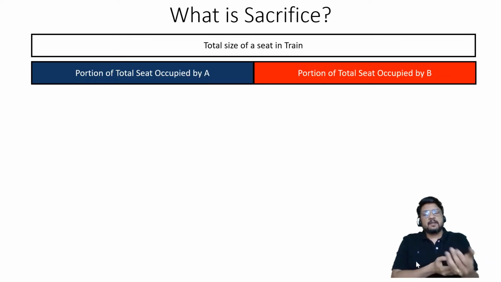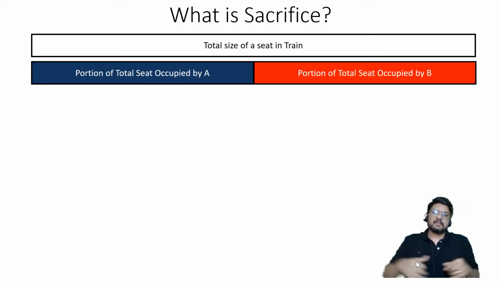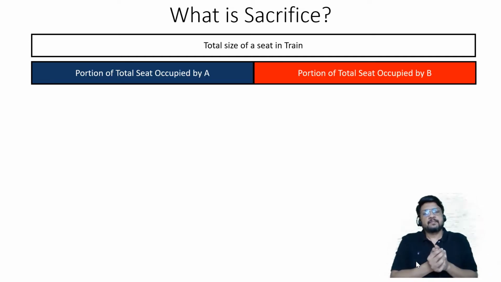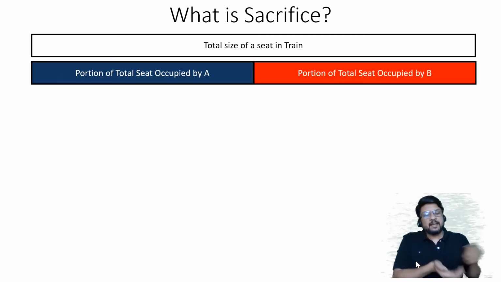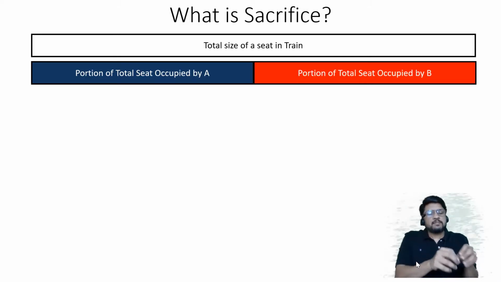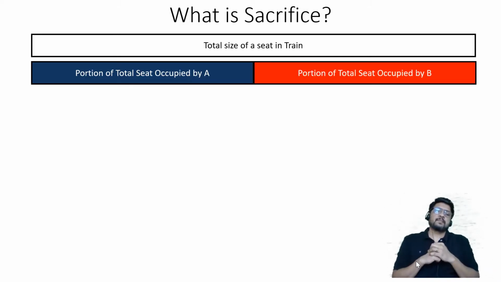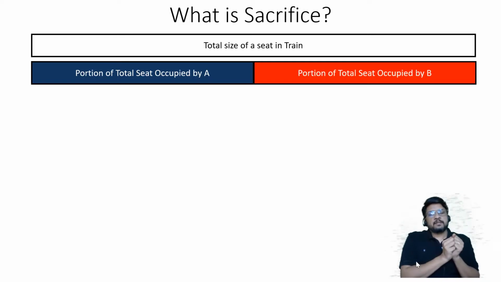Now what happens? All of a sudden one more person comes in the train, Mr. C. He is also approaching the same seat and he is telling Mr. A that you are having such a big size of the seat occupied by you. In reality, you don't require so much of the seat. Please sacrifice some part of the seat for me. I will sit there. And he is also telling Mr. B that you are also occupying half of the seat. That much is not required. I can aram se sit there. I can very easily sit there. So please, you also sacrifice some portion of the seat.